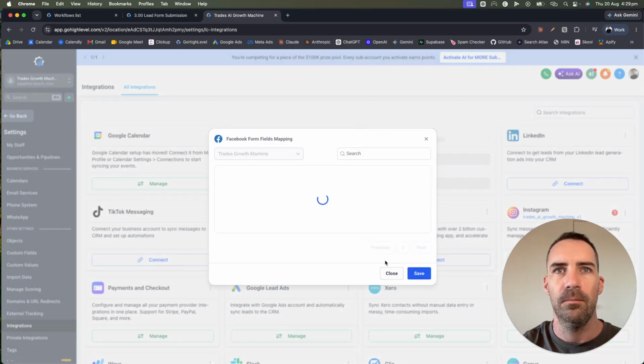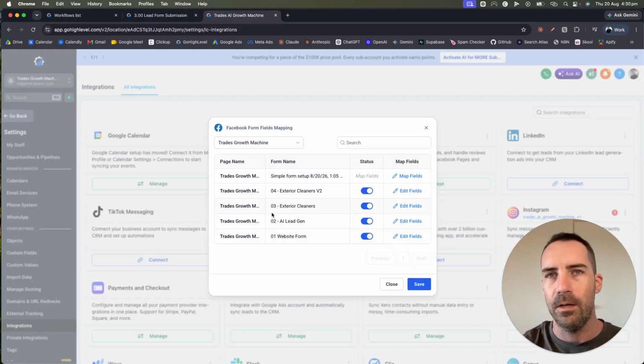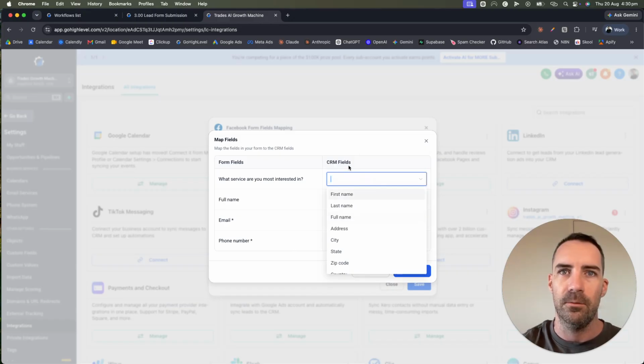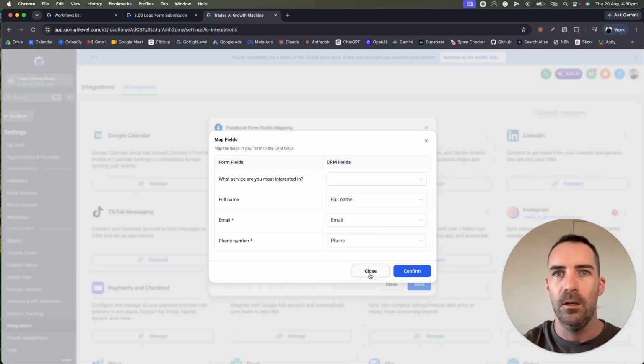configure mapping, and it's going to have whatever instant form you created on Facebook pop up here. So I created one on another video which I hadn't connected, and if I go map, these ones are automatically going to map. But then this one, I'm going to have to create a custom field for if I haven't already. So if I close that,